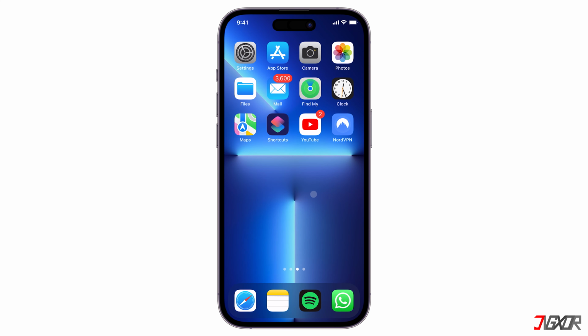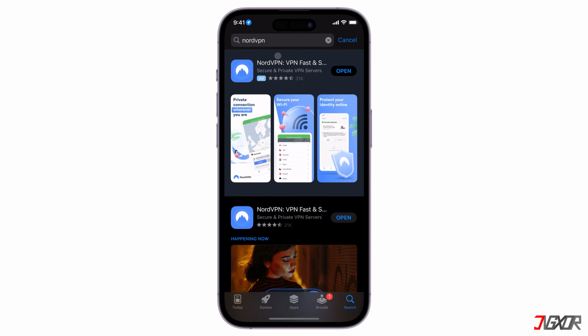But the easiest method really is to just download an app offering VPN service. There are many VPN services, and if you are already subscribed to one, you can just search and download it on the App Store. If you don't have one yet, I recommend NordVPN, which is one of the most used